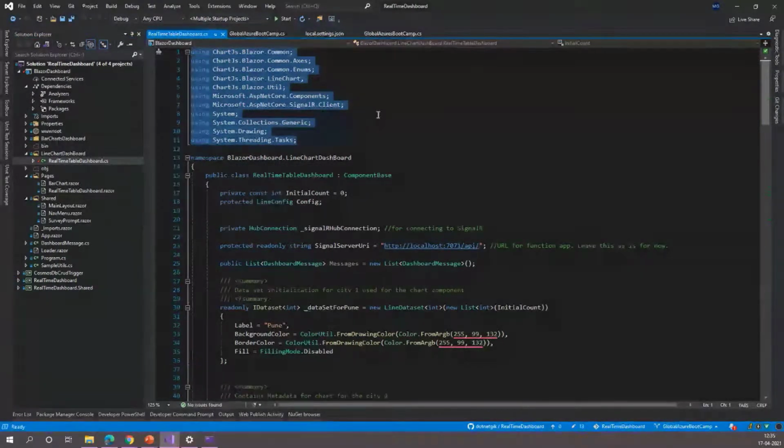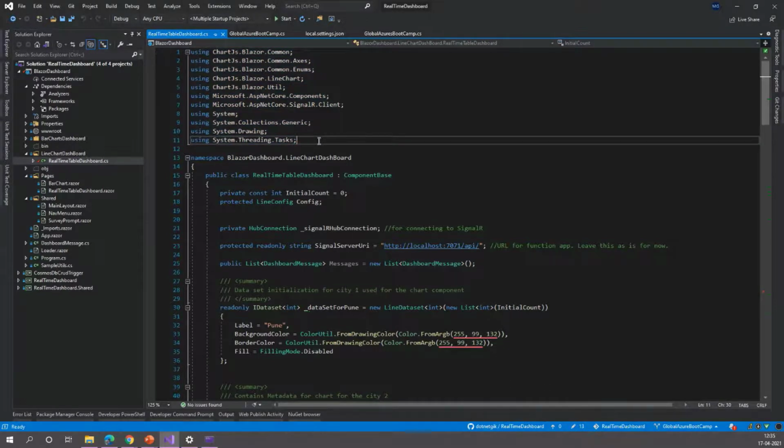So I have developed the application with Blazor, and if someone doesn't know what Blazor is, this is a UI framework, same as Angular or React or Vue, we can say. And yeah, we can create client-side apps which run on the browser by using Blazor. One good thing about Blazor is we can develop our client-side UI by using C#. So in this case, I have chosen to develop the UI with Blazor.